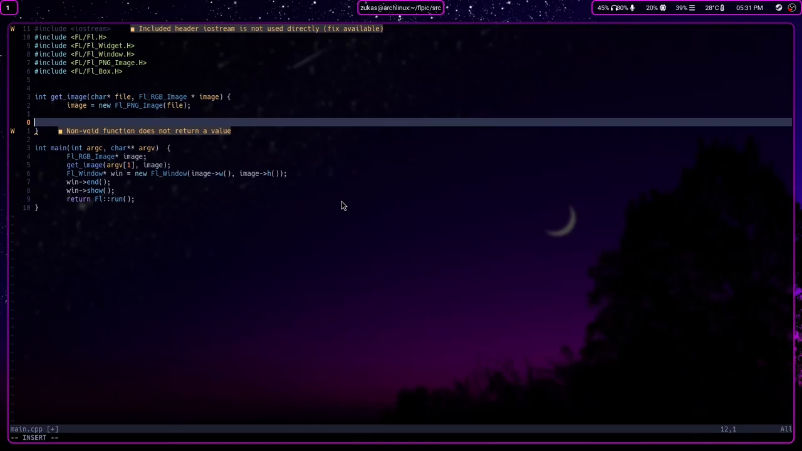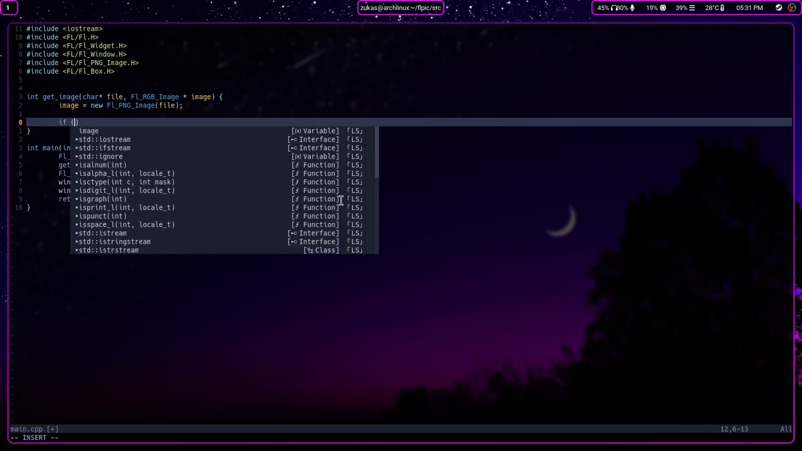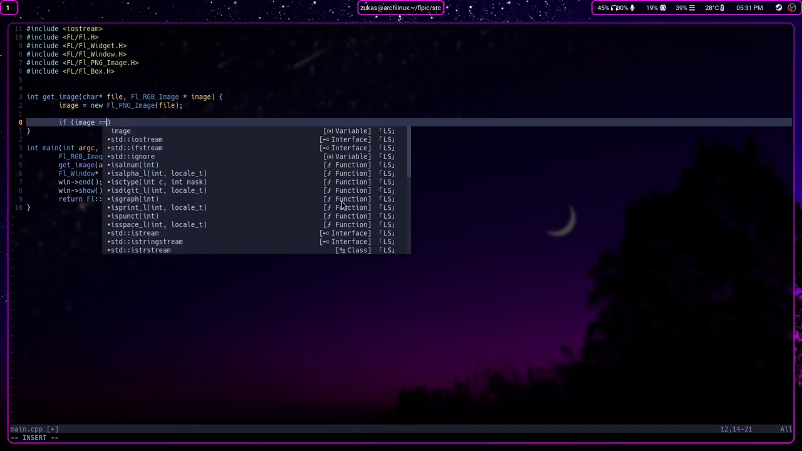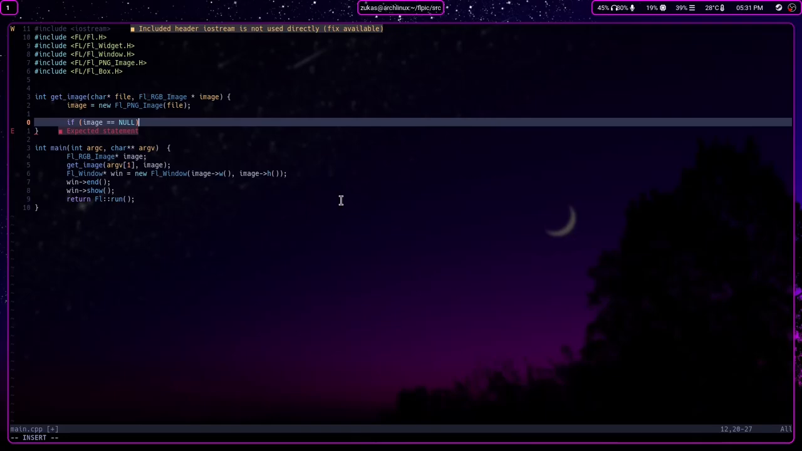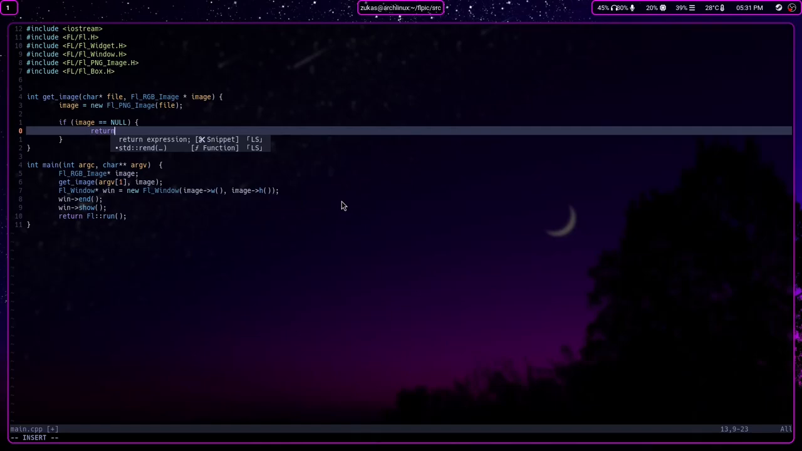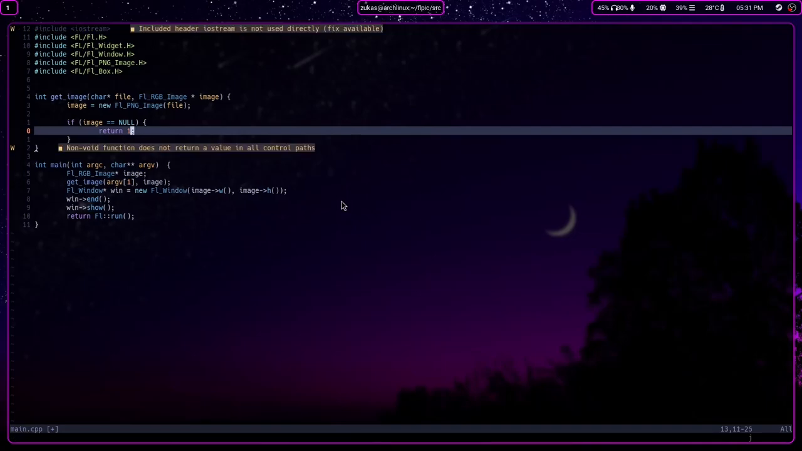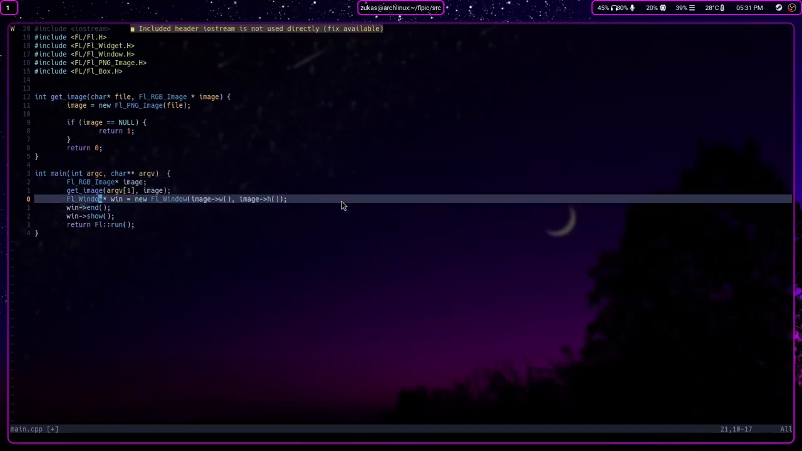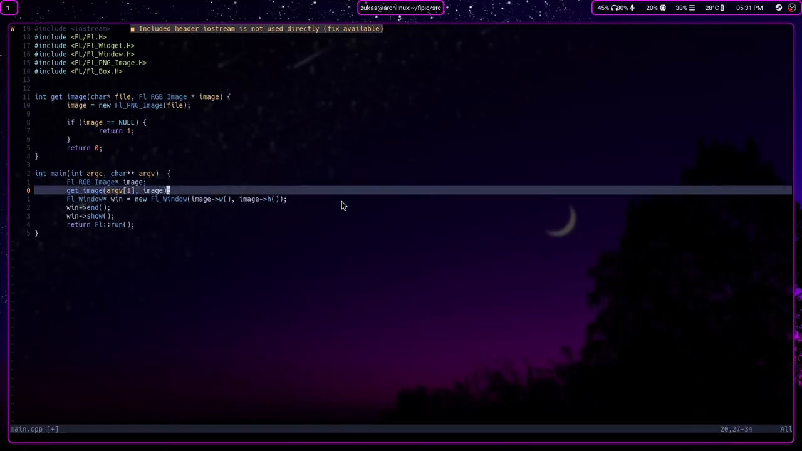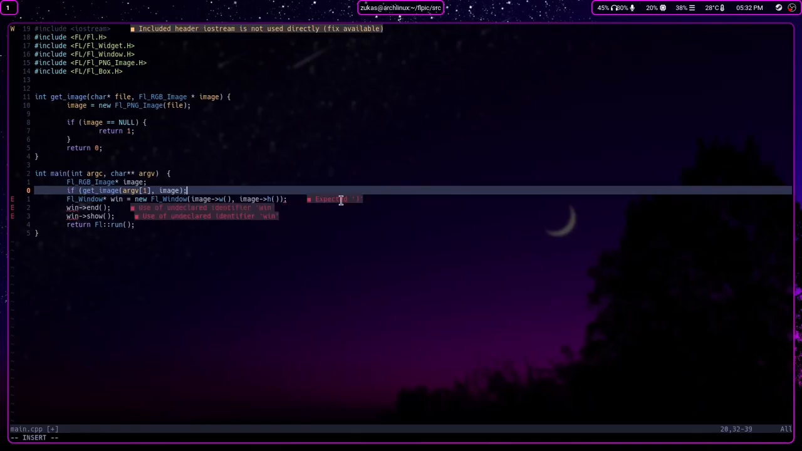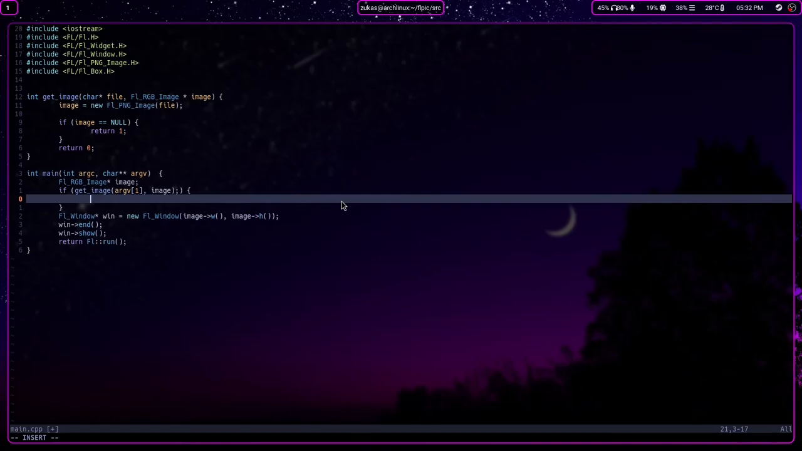So if the image equals, say if it's null, then just return 1, and otherwise return 0. And then I want, with that 0,